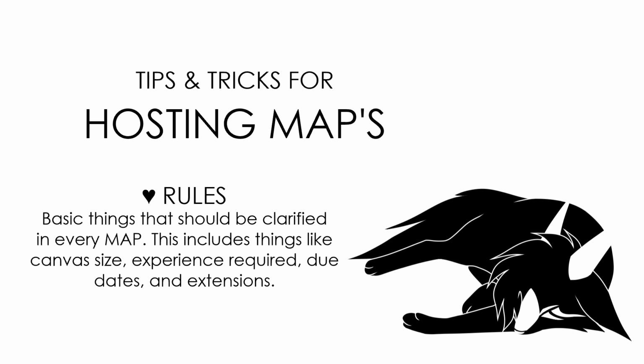Typically, I say the part needs to have some progress done before getting an extension. Depending on how long the map was given, like if they had a month due date and by the 3rd week they barely have anything done, usually that's the point where I decide to drop a person from that map.